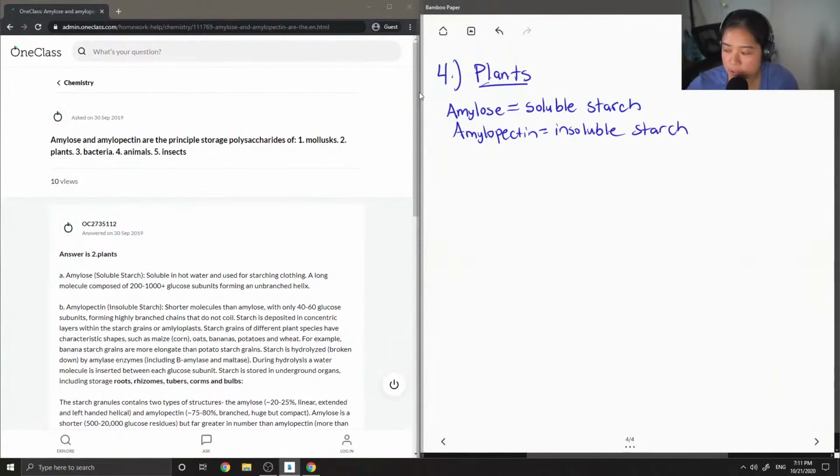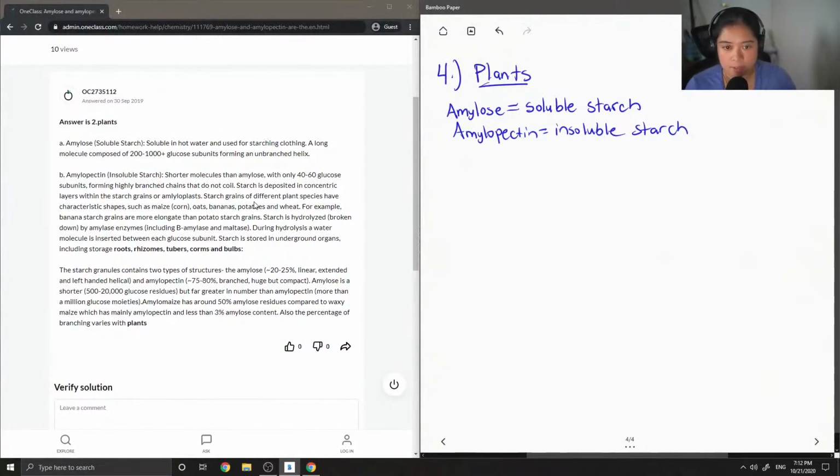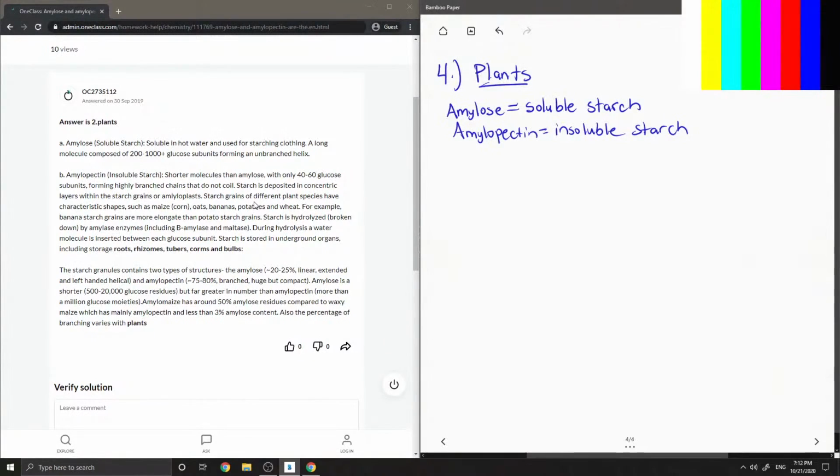So let's see what our junior tutor said about this question. Amylose, soluble starch. Yeah, they said it was plants. Soluble in hot water and used for starching clothing. A long molecule composed of 200 to 1,000 glucose subunits forming an unbranched helix. Interesting. Amylopectin is insoluble starch, shorter molecules than amylose with only 40 to 60 glucose subunits, forming highly branched chains